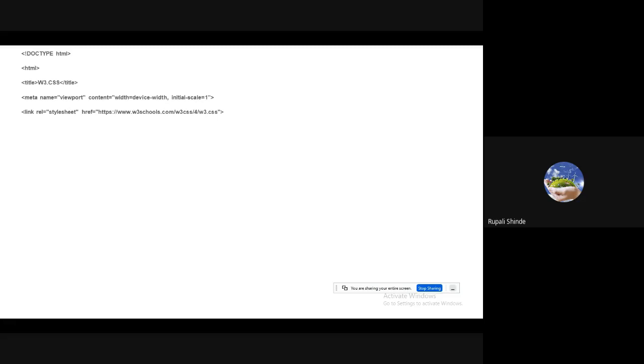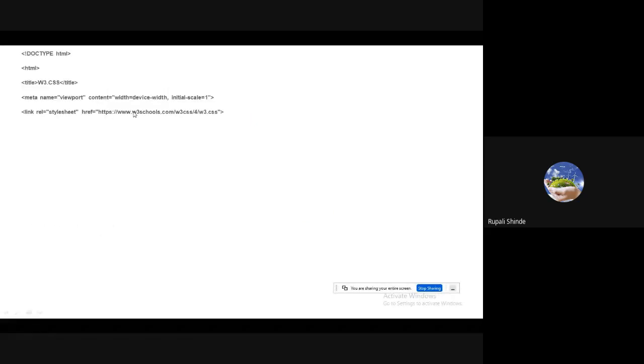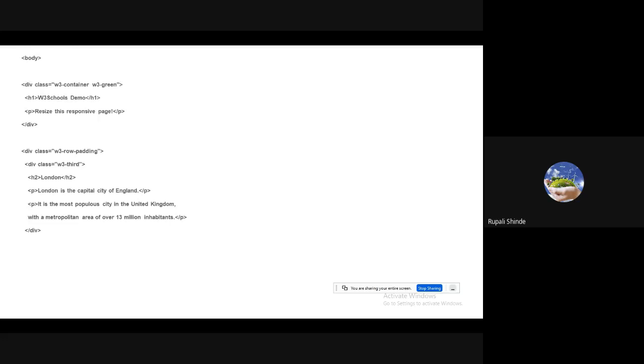Here we have to specify the link. Actually, it is an online site, it is available online. So we just simply copy that particular path. It is the path of the cascading style sheet which we have to include in our HTML file. Afterwards, you can develop a web page, whatever you want. But whatever elements you are going to use, if that element has some style in the w3.css file, then the same style is going to be applicable to your web page. Are you getting it?